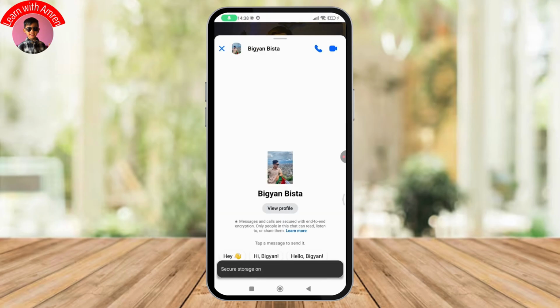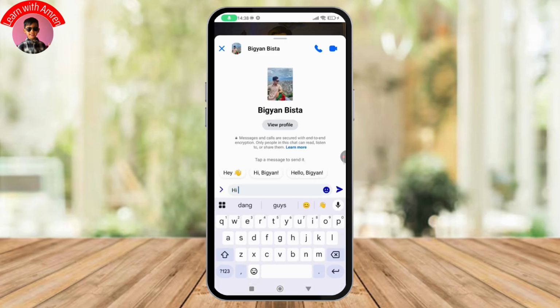You need to go with the bottom, which is your message bar, and then send something like hi or hello, and then go with send, which will be on the right side, and it will be sent. It's that easy to send a private message on